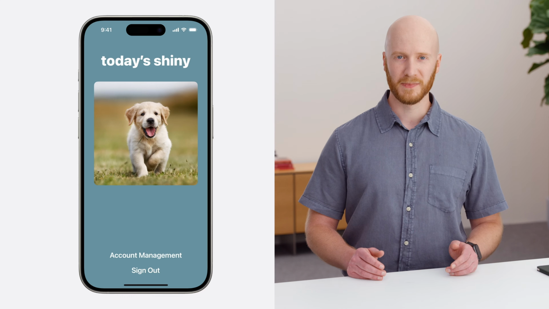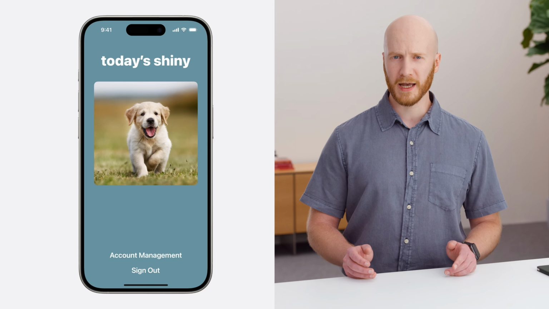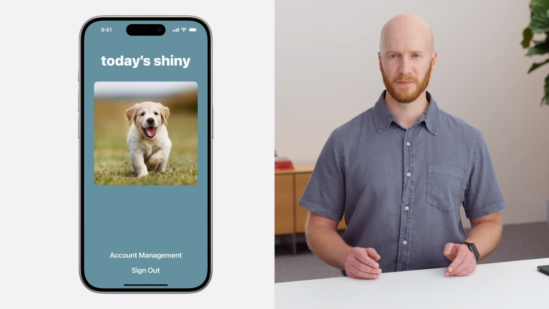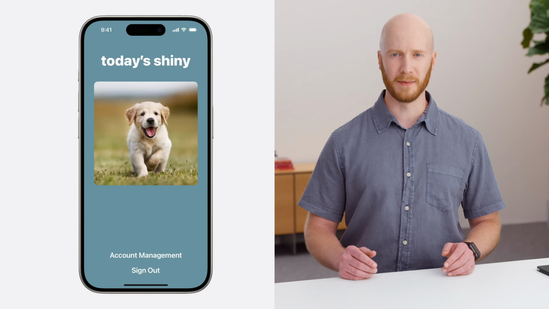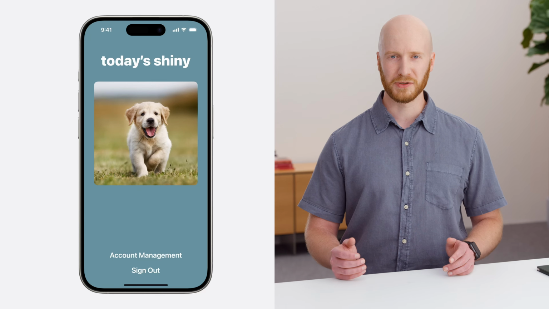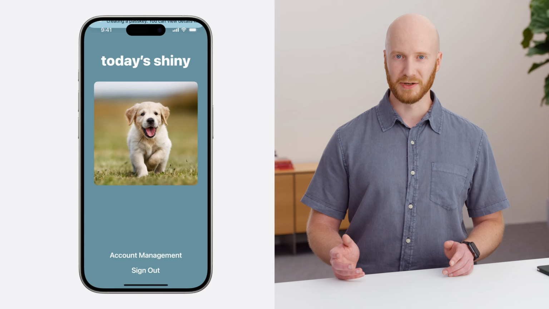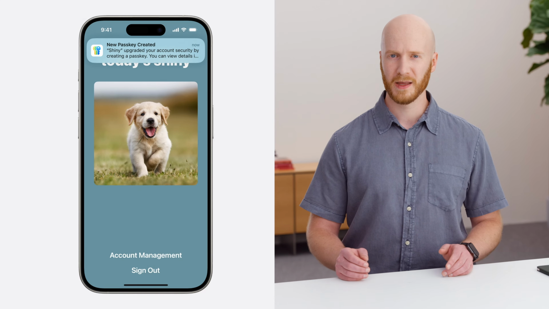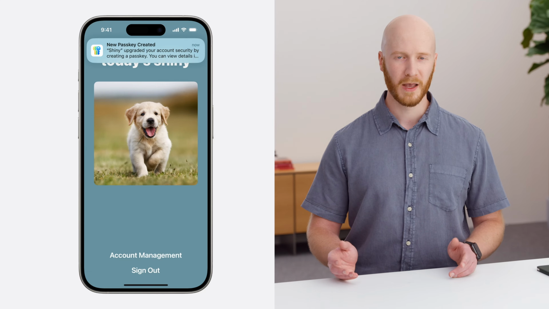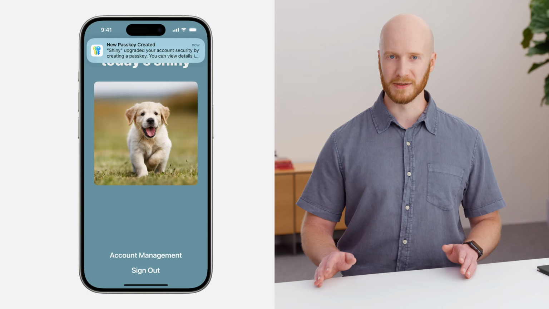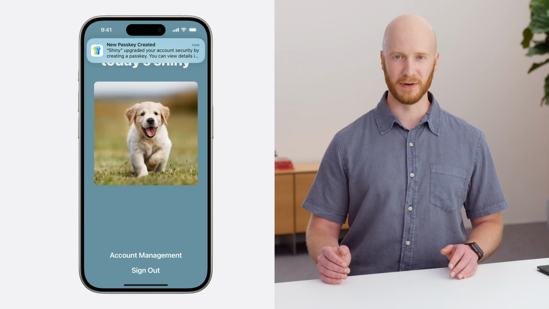Multi-step sign-in like this is a common way websites and apps offer improved security, though it can be slow or tedious. This is the point that some apps may show some kind of interstitial upsell, letting me know there's a faster alternative using something like passkeys. But this app has adopted automatic passkey upgrades. The system shows a notification that a passkey has been created. No upsell screens, no interruptions, just a smooth pathway to an easier, more secure sign-in experience.